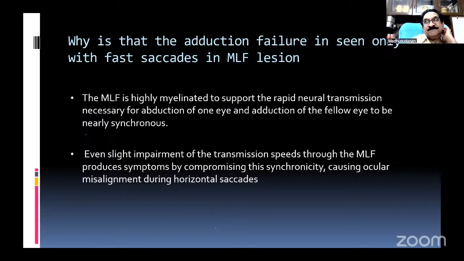Okay, any questions? In fact, in this case I did not diagnose myasthenia initially. I initially thought maybe manifest latent squint because she was reading too much. But I thought about why the nystagmus is occurring. It was bothering me again and again at night. That cannot occur with concomitant squint. That is why I did the fast saccade subsequently in the ward. Then I picked up the INO. That's the clue, otherwise I wouldn't have asked for an MRI in this patient. I was about to send her off with convergence exercise and all.